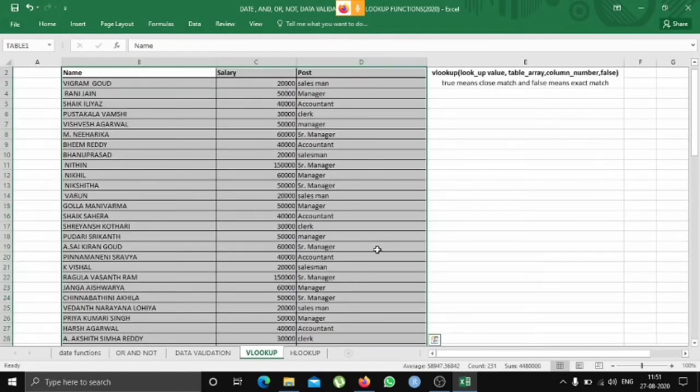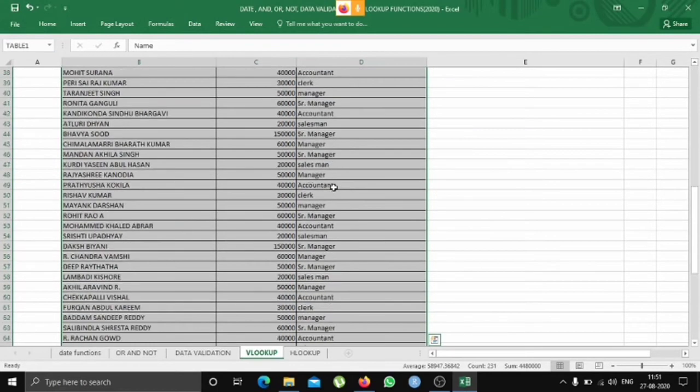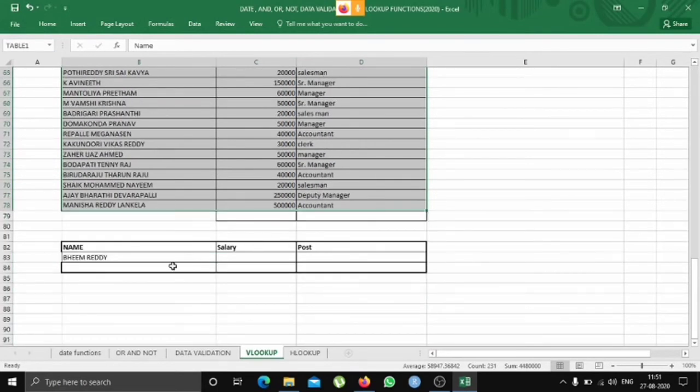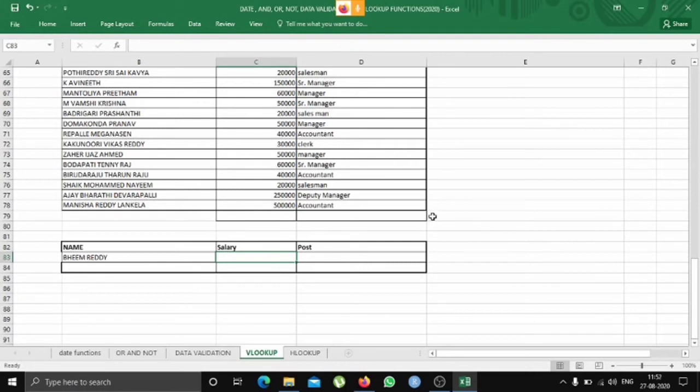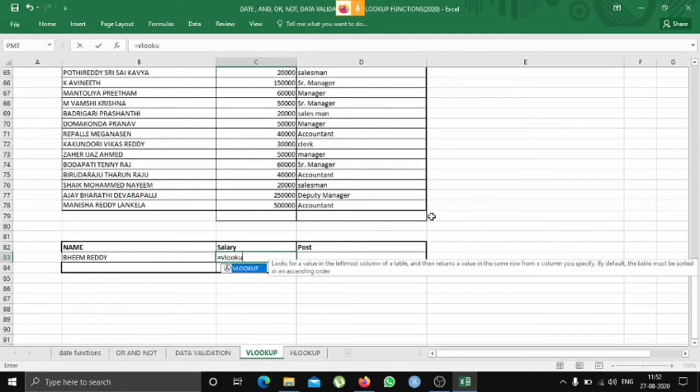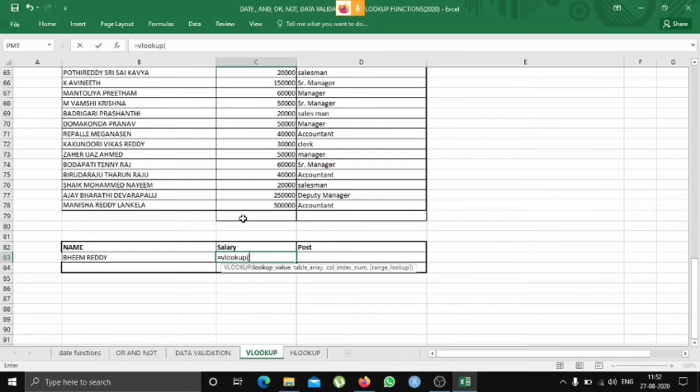So this table is considered as table 1. I've entered the table's name as table 1. So we'll be requiring the name of the table. So again, enter the function VLOOKUP, open the bracket, enter the name, enter comma, enter the table's name which is table 1, again comma, and then